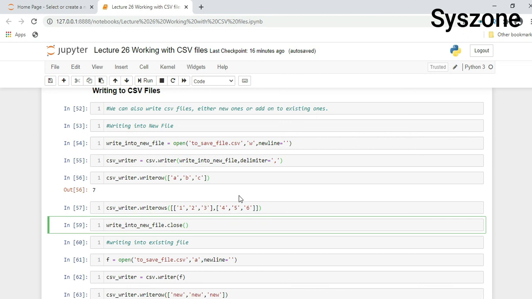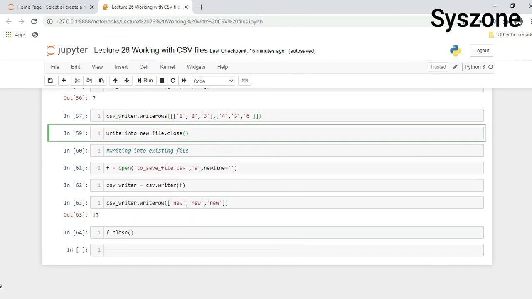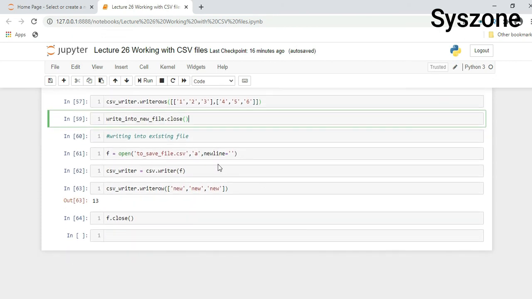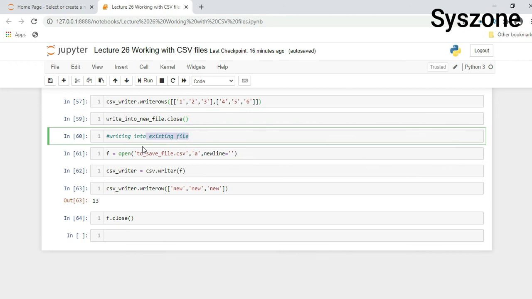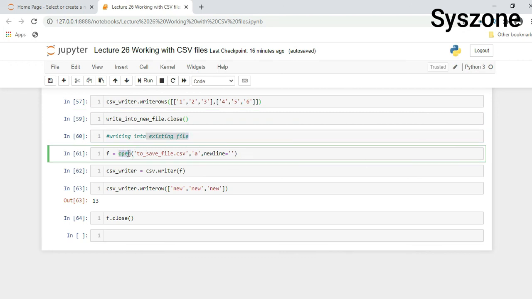And another scenario is where the file already exists. So what you can do, you have to use the same function, open. Your file already exists, so you will open the file. In the previous section we saw we were opening a file in write mode. So if the file does not exist, it will open the file in write mode. Here we are using 'a', so the file already exists, and we will open it in append mode.